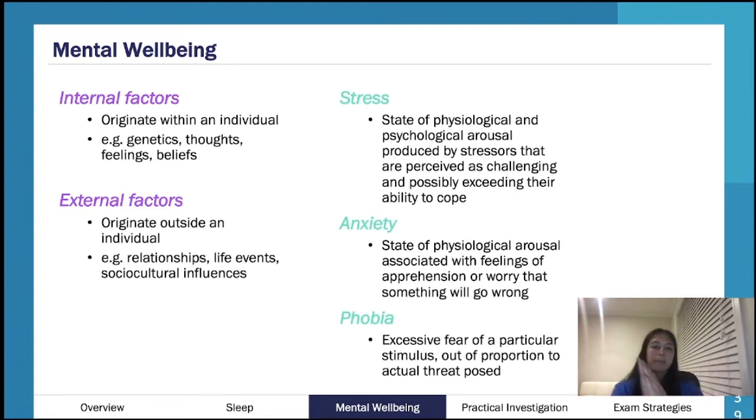Phobia is much further down this continuum. Again, it's a diagnosable condition. So again, thinking of a psychiatrist or a psychologist would diagnose a phobia. Sometimes you can obviously say, okay, yes, I'm stressed. Okay, yes, I feel quite anxious. A phobia, so this idea of having an excessive fear of something, that's something that's diagnosed. So the idea with the phobia is, of course, you've got an excessive fear of something, but particularly this idea that it's out of proportion to what it's kind of reasonable to be fearful of.